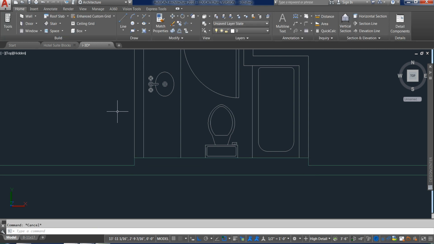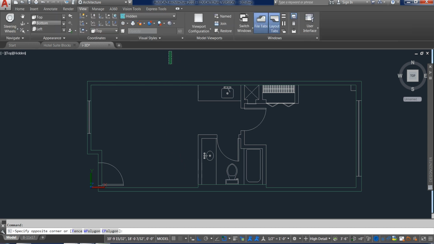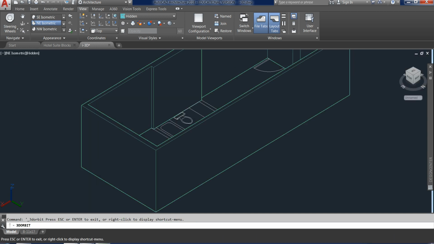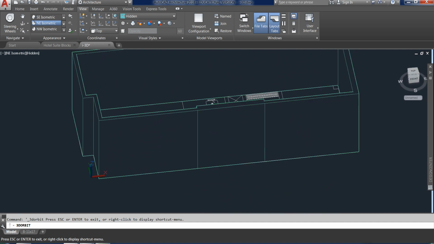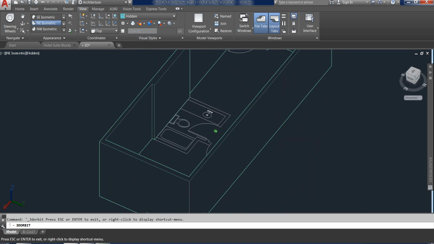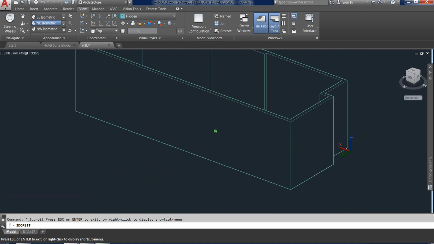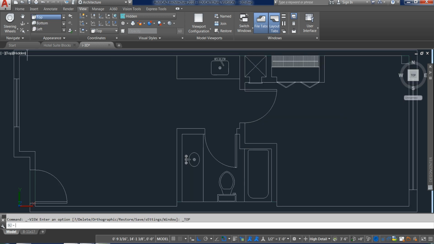So I'll hit escape to deselect that. So now I've got the whole exterior shell, and if I'm curious, I can go ahead and come up to the view menu and choose one of the isometric views and the pan or orbit tools, and I can see what that looks like already. These two lines are here on the back side of this restroom because I made that a separate wall segment. There's not really a way to get rid of that, so it's okay. But we've got our 3D here. So let's go back to the top and continue tracing.